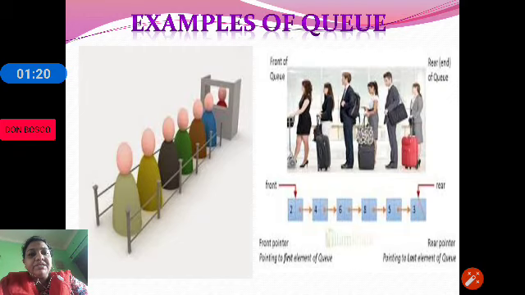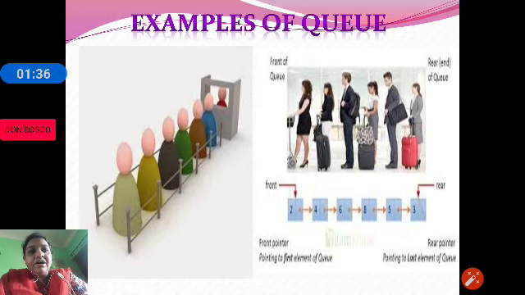As you can see in the example, the person who is standing at the front will be the first person to go out of the queue, and any person who is joining will be joining at the end of the queue.